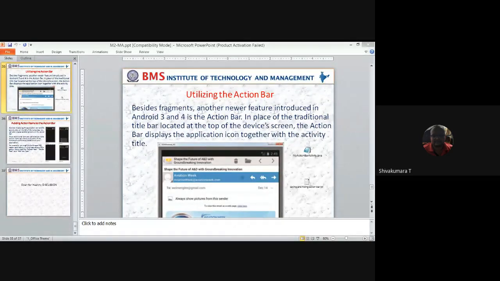In the slide there is a screenshot that illustrates the action bar.